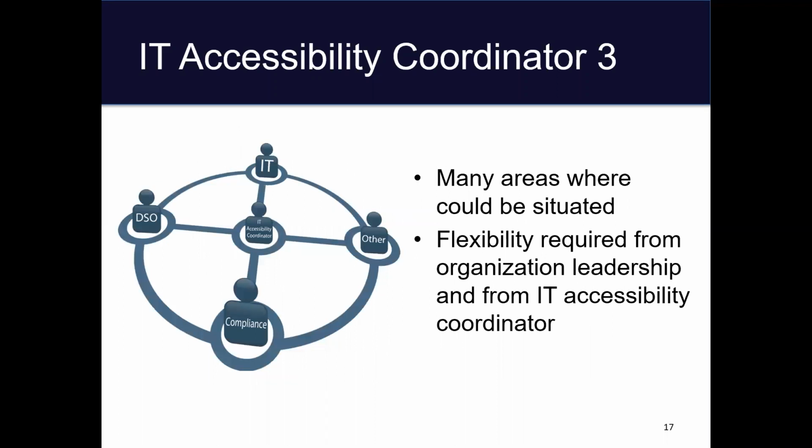So again, if you are introducing this position to your organization, there are a lot of places where the IT accessibility coordinator could be placed, like in disability services, in IT, in the Office of Institutional Equity or Compliance, in another department altogether. At UConn, I happen to be housed in our Information and Technology Services. There are a few advantages to this. First, it gives me a more universal role, and this is clearly demonstrated because UConn's ITS serves the entire institution.